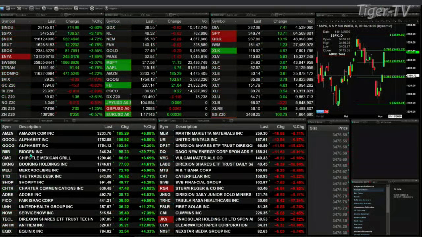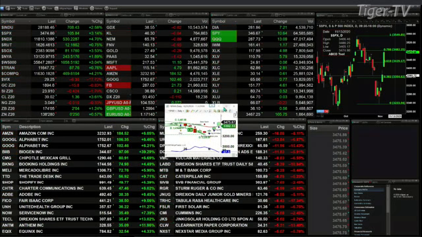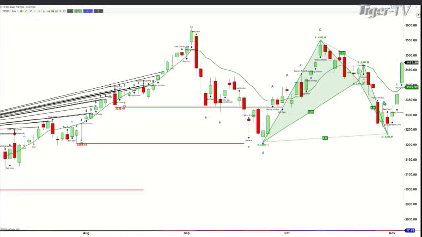So what we've got going on, let's take a look at the S&P 500. What you're going to see here, and this is very important, is the oscillator and change line. This is the squiggly green red line out here. It changed colors a couple days ago. Yesterday, as it was changing colors, price was testing that level. When you're above a green line, the oscillator and change line tells you you've got a rising price